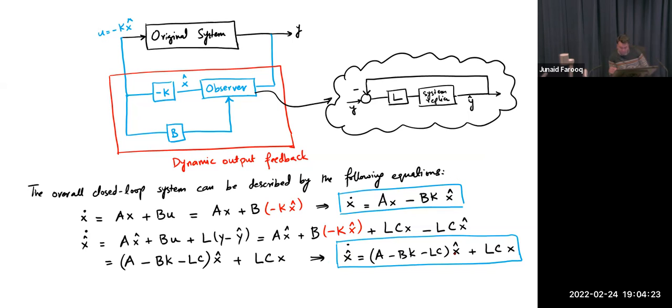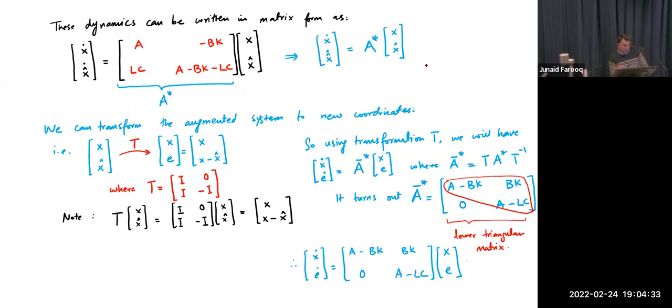And this x hat dot is a function of x and x hat. There are two variables here. Now you can combine them in the form of a matrix, right? And then it turns out to be this matrix here. Now the thing is, you want to get rid of the x hat and convert it into something related to the error dynamics, right? So what we do is use a transformation. We use a small trick here. So we transform x and x hat to a new system of coordinates where it is x and e. And it is simple to do because a simple transformation matrix T, which looks like the following, will transform